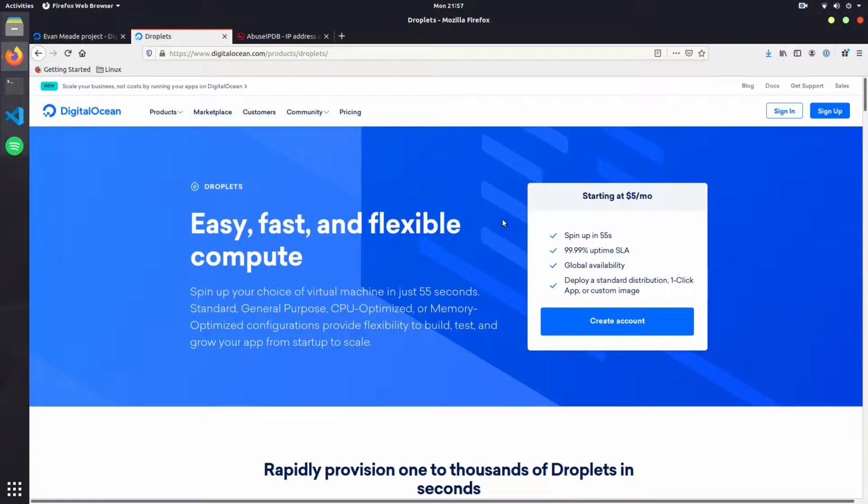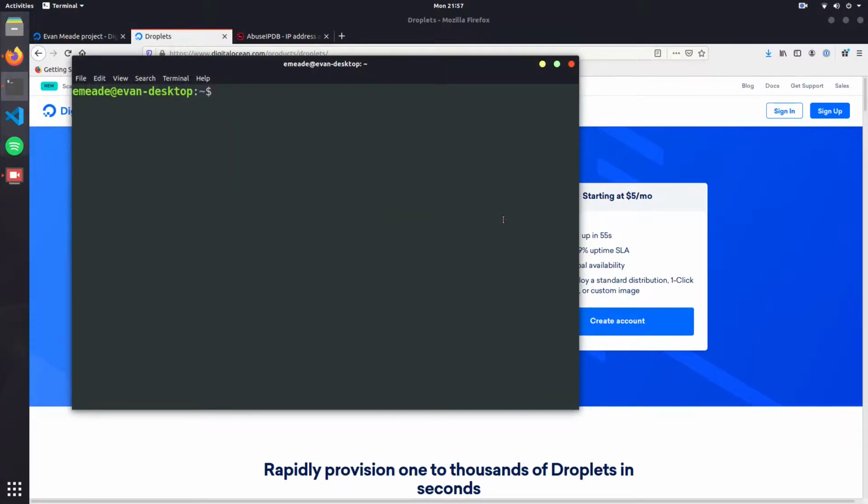So the first thing we're going to do is set up some SSH keys on our local machine. If you're not aware, SSH is the protocol that you can use to log into a server remotely, and SSH keys are a way of doing that securely and efficiently. So first we're going to make sure that we don't already have any SSH keys existing on our system, and we don't. So to fix that, we're just going to run ssh-keygen